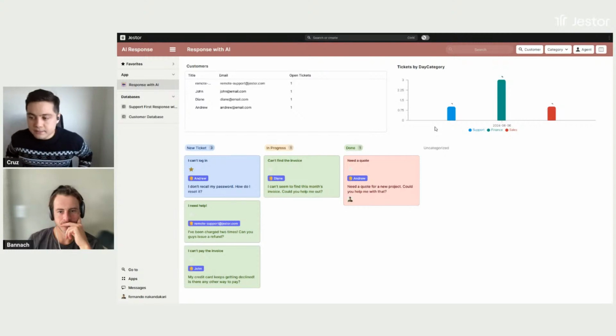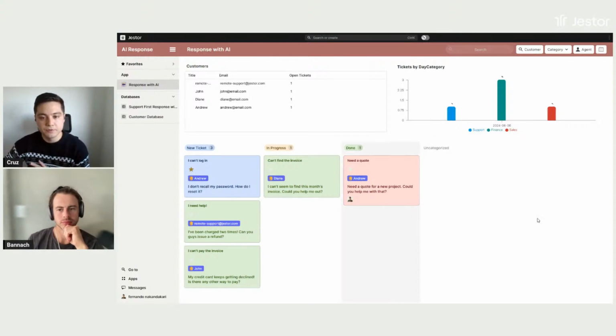So at first we have this dashboard, right? Which is a very simple dashboard, actually, just three components, but they're really interesting here. The first one that I want to talk about is the Kanban board. A lot of people like to use Kanban boards for support tickets, for projects, or things like that. It's a good way to see the things that you're already working on. So you can see that I have here new ticket, in progress, done, so you know what's happening